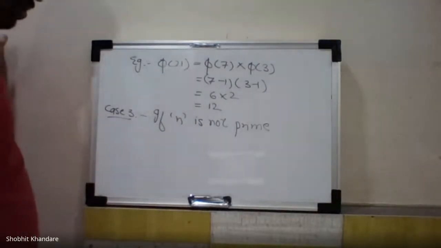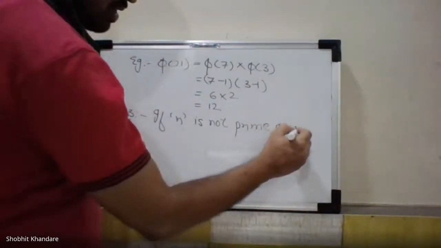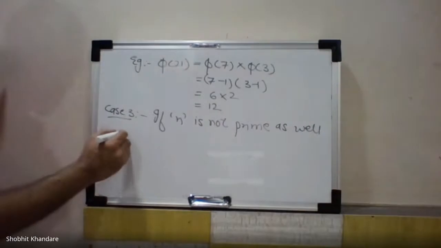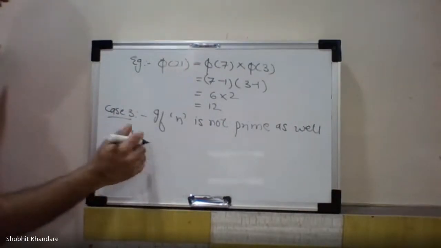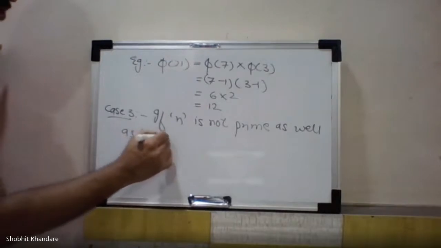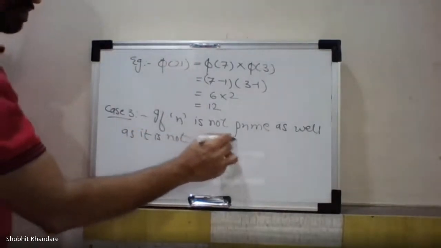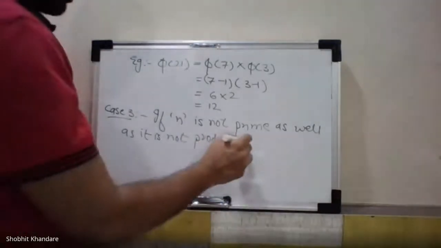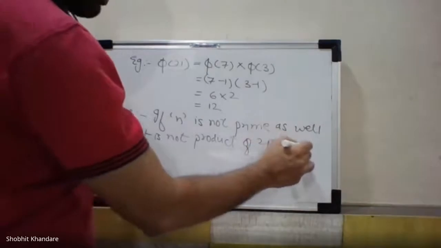If n is not prime, as well as it is not a product of two primes,